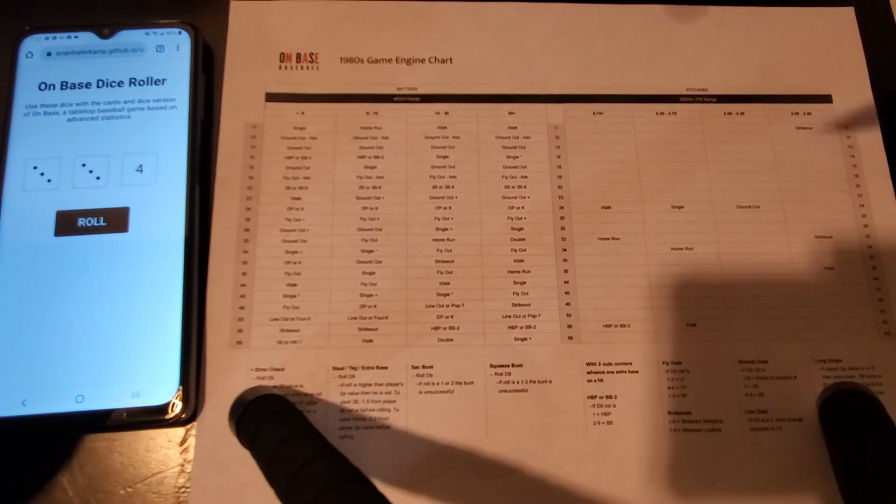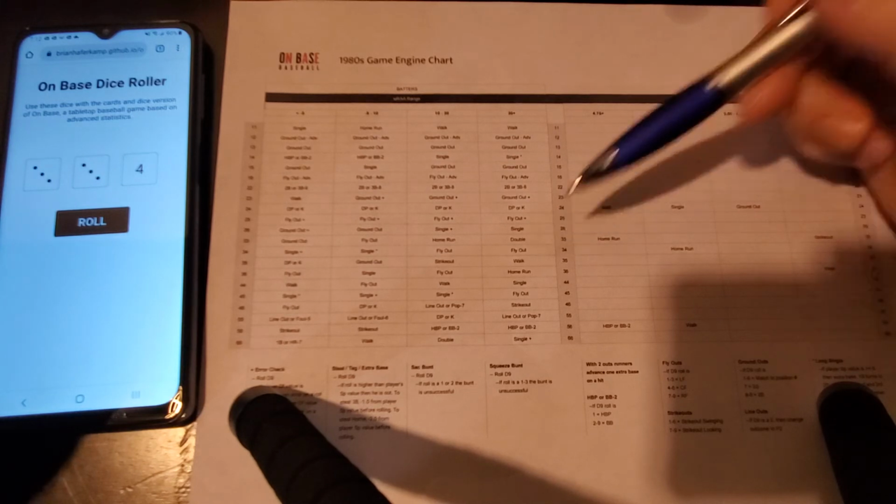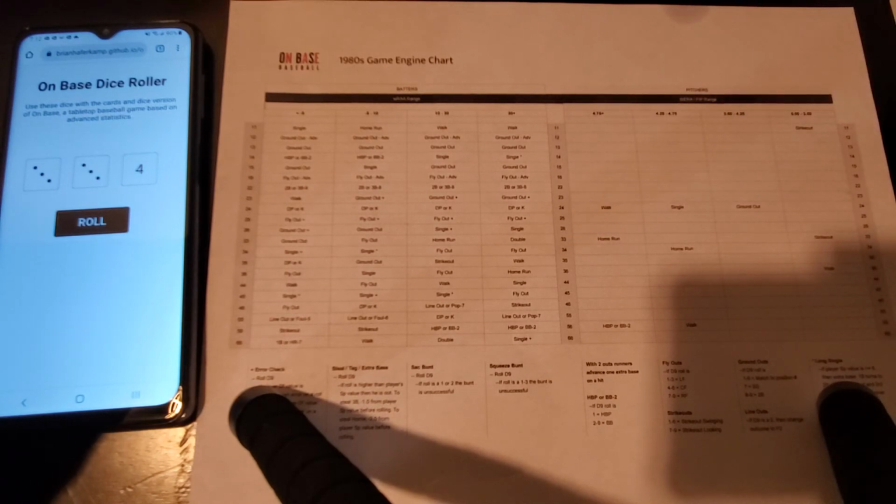3-3, and that goes to Tim Raines. 3-3 to Raines is going to be a double to deep center field over the center fielder's head, and that's going to score 1 run. And with 2 outs, it's going to score 2 runs. So a 2-run double from Tim Raines as he contributes finally to the game. He was 0 for 3 up to that point, 1 for 4 for the game.